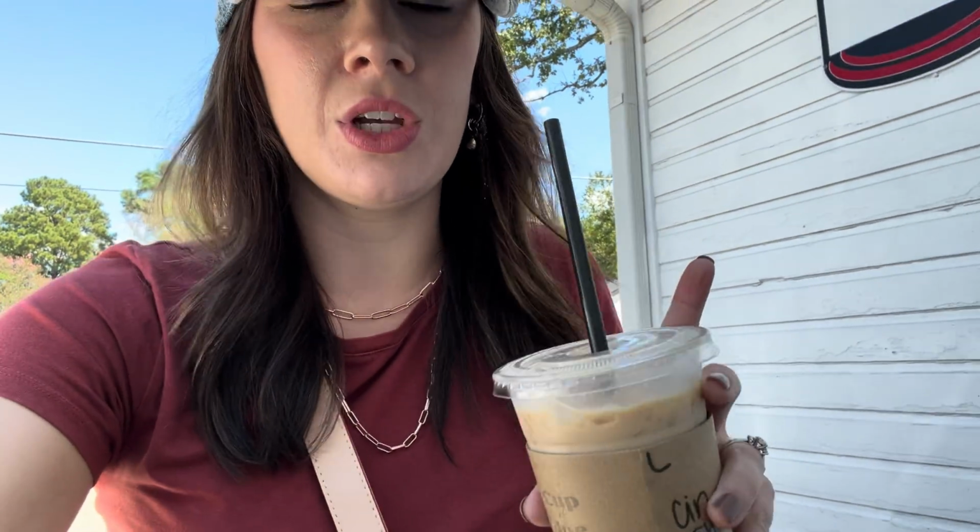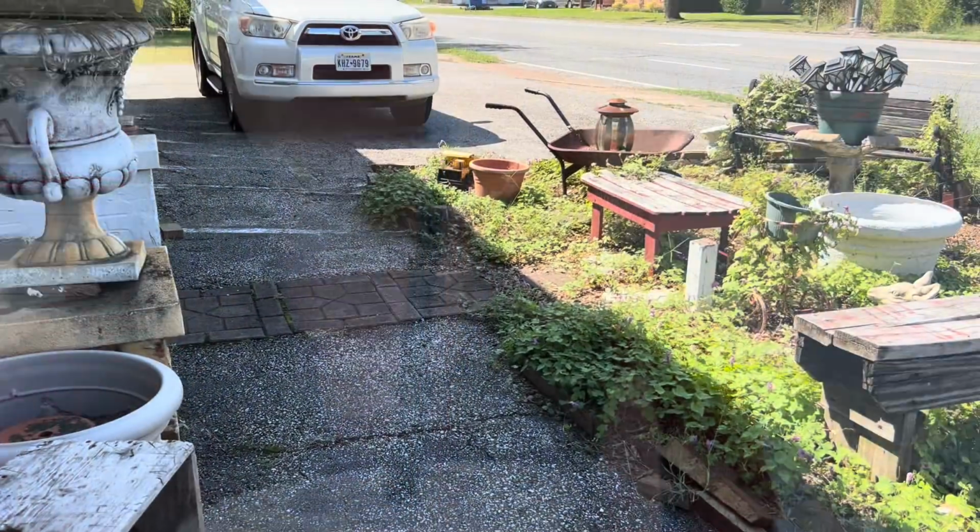So here's the thing, I've never actually been into this resale shop, but it's very little and it looks like one of those places where you're gonna bump into stuff, so I wanted to come in here and take advantage of not having my children, and also it's right by the street, so